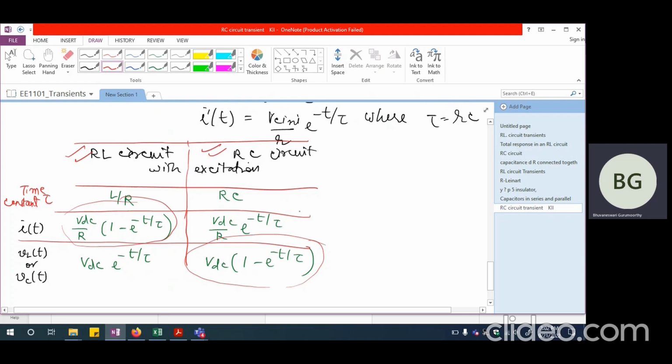Similarly, whatever I got as the expression for current in RC circuit, the voltage across the inductance in an RL circuit and the current through the capacitance in an RC circuit, they look exactly similar to each other. Okay, so both RC circuit and RL circuit are called first order systems because they are described by first order differential equation. We'll be working out a few problems in the next class based on these first order